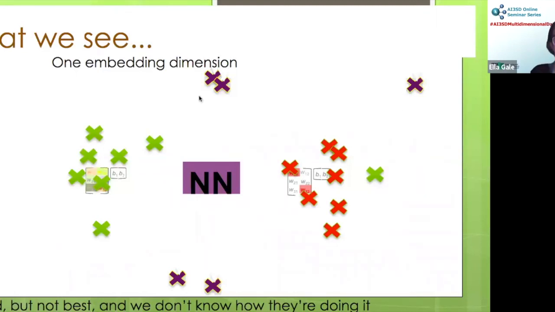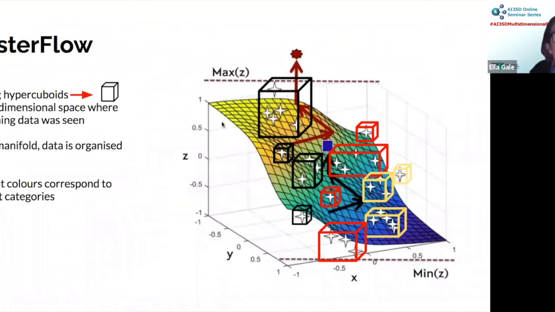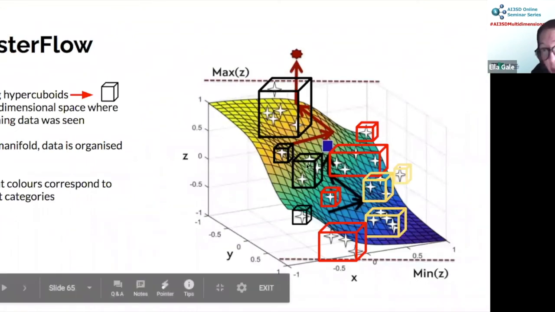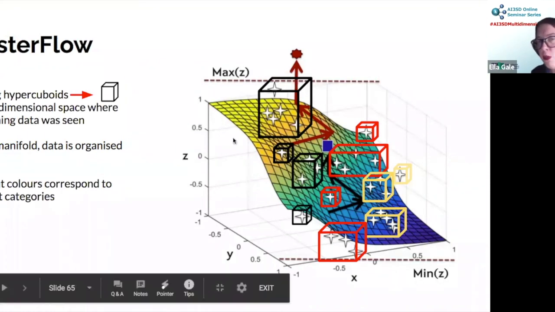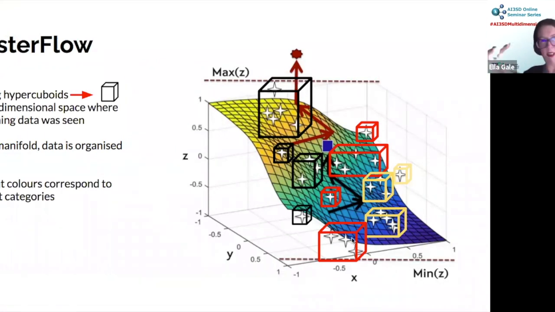Okay, now the problem is we don't know where that manifold is. We know there is one. We just see this. You just get the points on this space. And one way to try and deal with that is to put in all of the data that you've got and map it. So again, we're clustering it, although here using hypercuboids rather than circles, because this new space here is flatter. So we don't want to use circles or spheres because it's not the same in all directions. It's not spherical type data, it's a flatter type manifold.